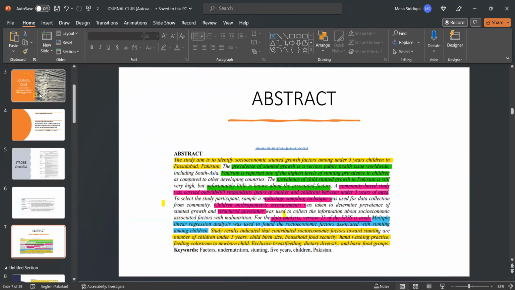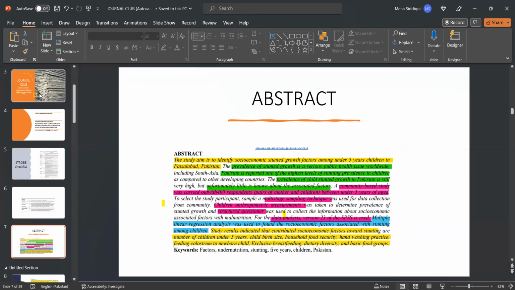Now, the abstract of the article. The study aims to identify socioeconomic factors for stunted growth among children under 5 years in Faisalabad, Pakistan. The prevalence of stunted growth is a serious public health issue worldwide, including South Asia, and Pakistan is reported to have one of the highest levels of stunting prevalence in children compared to other developing countries. The prevalence of child stunted growth in Pakistan is still very high, but unfortunately, little is known about the associated